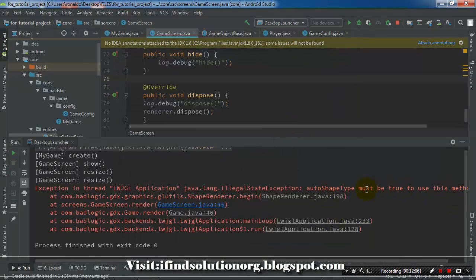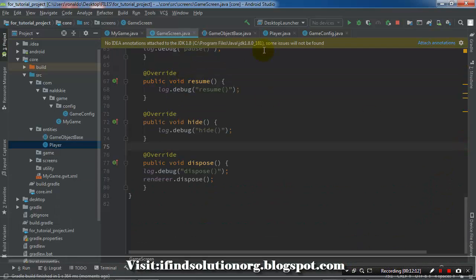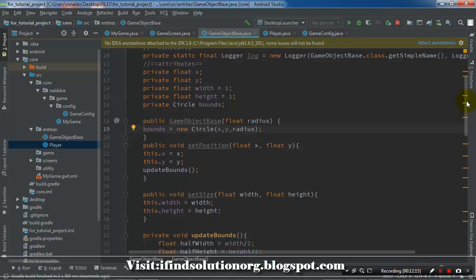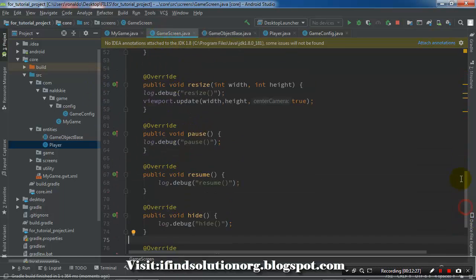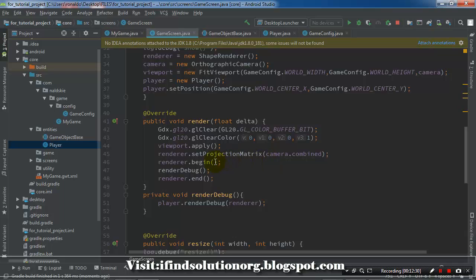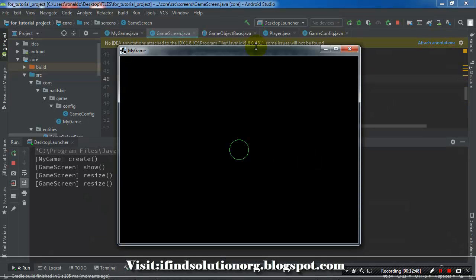So okay, we need the auto shape to be set to this method. So go back to our game object base. We have the auto shape line, so instead of calling it there, we can just transfer it and call it here. Begin. Okay, so begin, shape renderer shape type line. So now let's try to run it again. So we can see that we have a circle